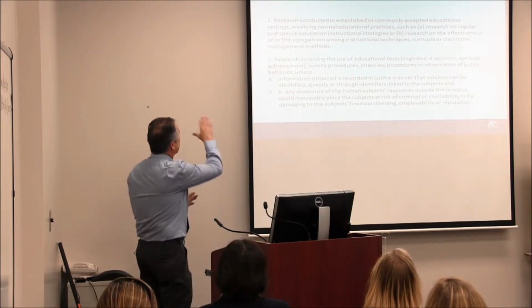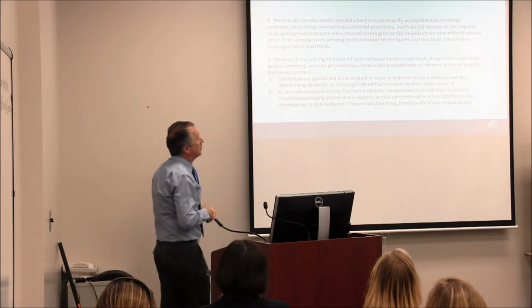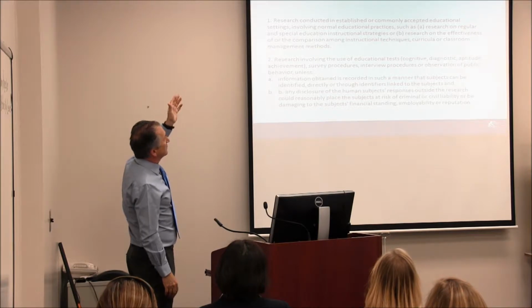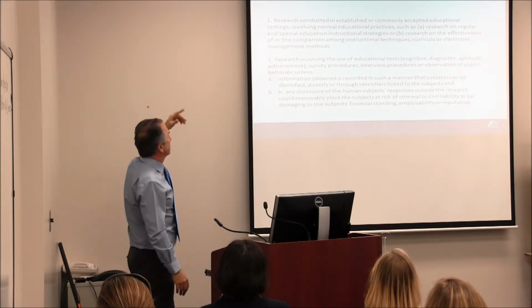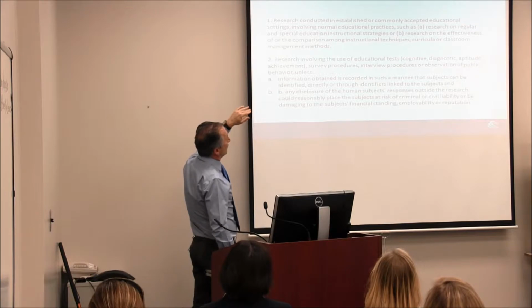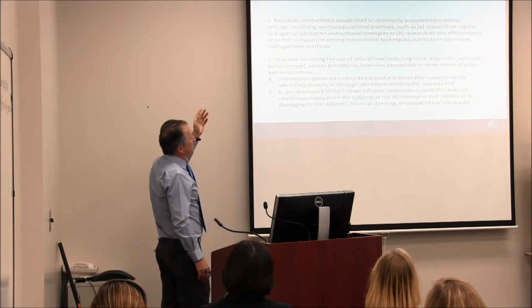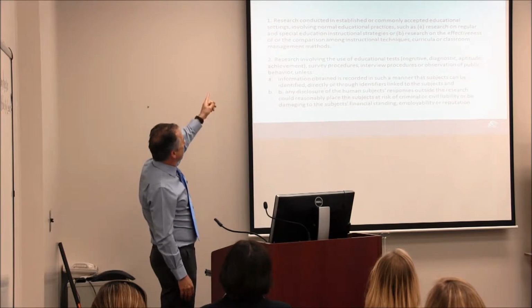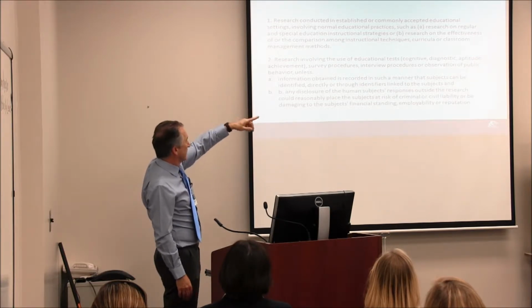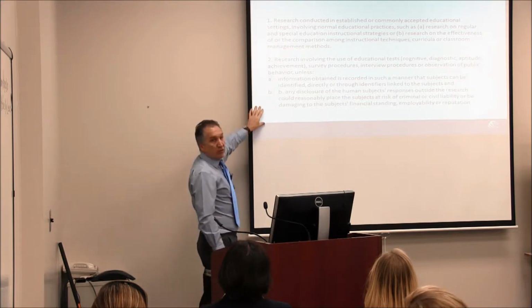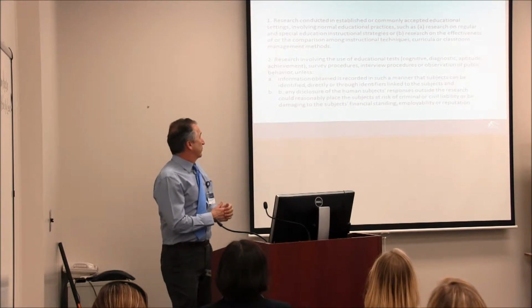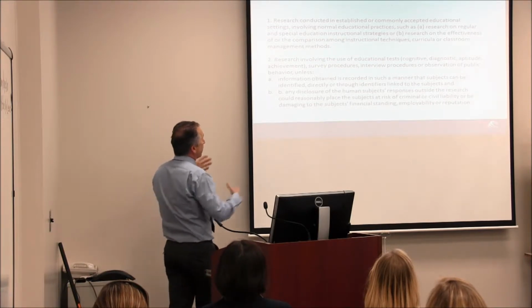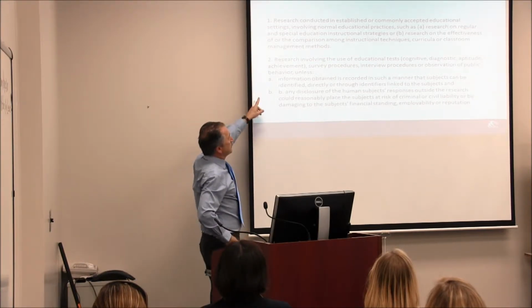Okay, so right here, this is what she was getting to: categories of exempt human subject research. This is taken out of the document: research conducted in established or commonly accepted educational settings, including normal educational practices, research on regular or special education instructional strategies, or research on the effectiveness of, or a comparison among, instructional techniques, etc. And number two here is the one that a lot of us will fall under: research involving the use of educational tests or survey procedures. They'll be exempt if the information obtained